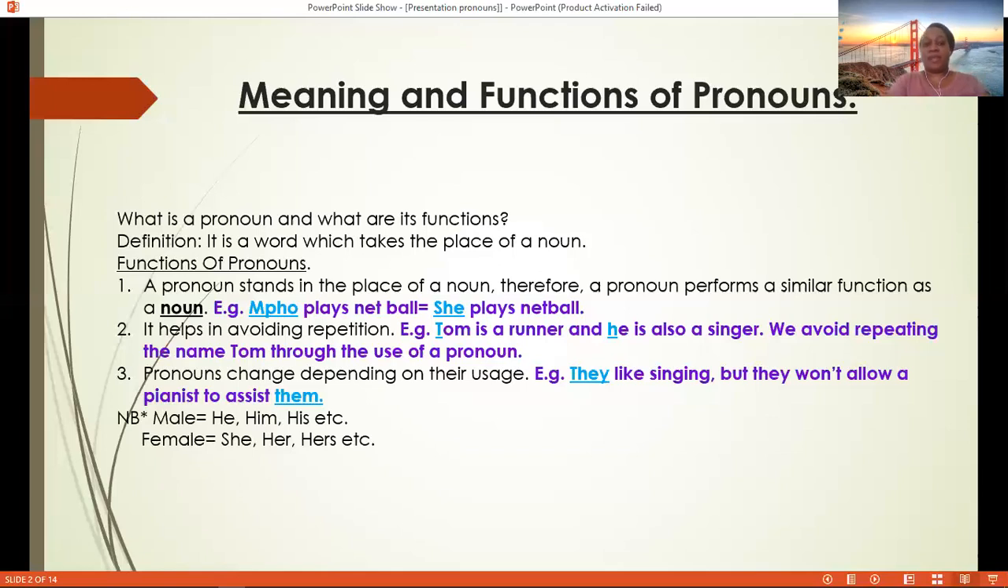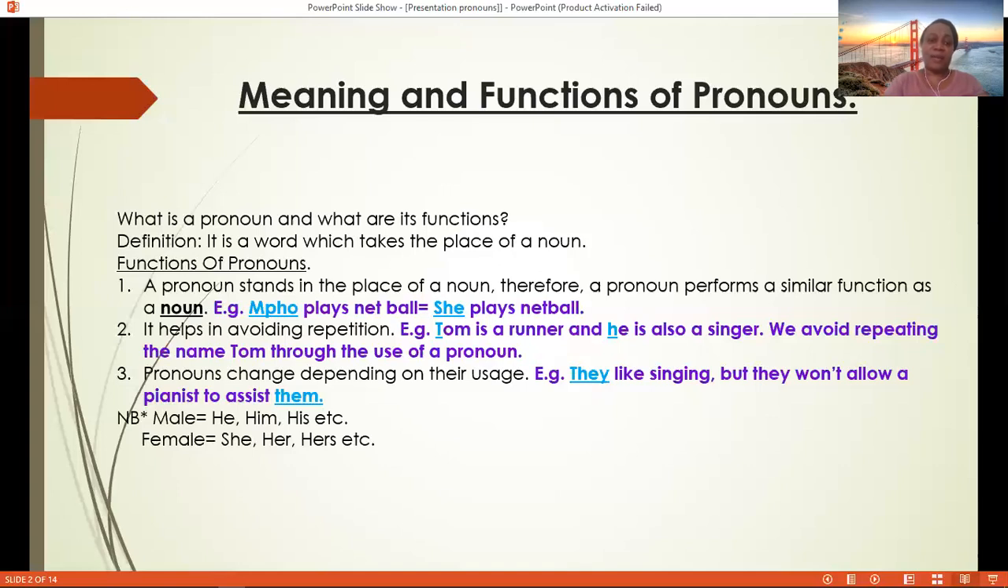Number 3, pronouns change depending on their usage. For example, they like singing, but they won't allow a pianist to assist them. It changes depending on the usage. Is it a noun or is it the object in the sentence? It's very important for us to note that